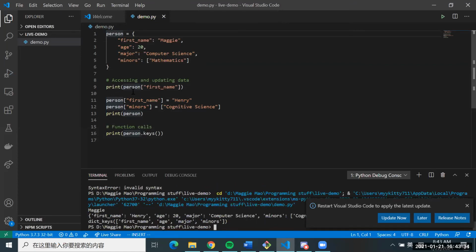Okay. So as you can see, person first name successfully accessed my first name Maggie, and after changing the first name and minors, we can see that the data basically changed to Henry's data. And if we print person keys, we will have first name, age, major, and minors, which are the keys that I defined over here. Also, an additional thing that I can do is I can actually insert a key value